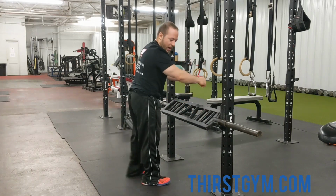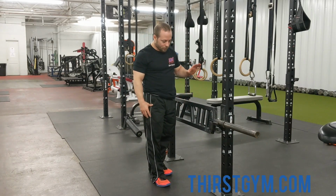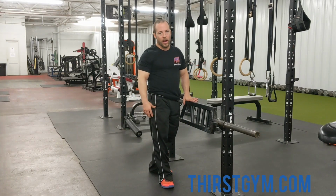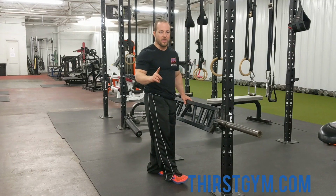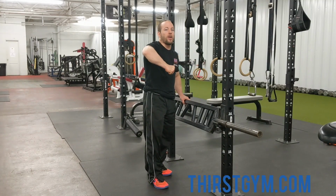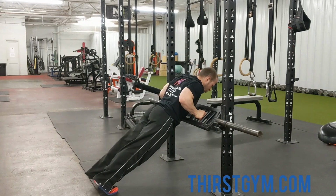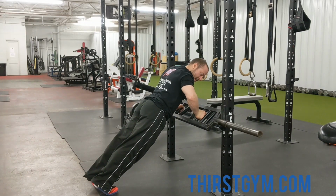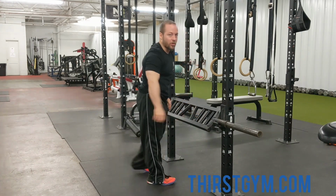So notice my elbows are tracking in relatively well. My chest is tall. All the coaching points I said. What you usually find happens if it's too hard, the first problem that we see usually is they try to flare their elbows out and they get stuck. So they go down great, looking good, strong, and then come up and they kind of get to this, especially those last couple reps. So they're trying to default to that bad movement pattern that we saw in the screening